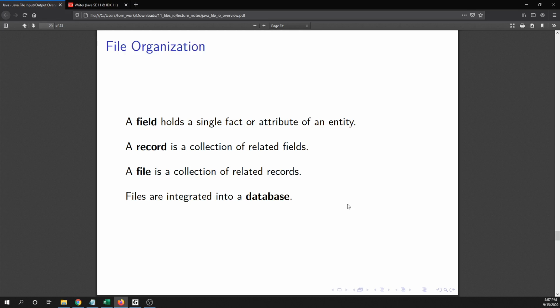And honestly, the database is kind of where we're headed. And most apps that you're going to make these days in production, they're not going to keep the data in a file like we're going to do in these examples, but it is important to understand how that works, just kind of as a building block into the database, right? Over time, people discovered, hey, that keeping a bunch of records in a file on your computer is not a great way to